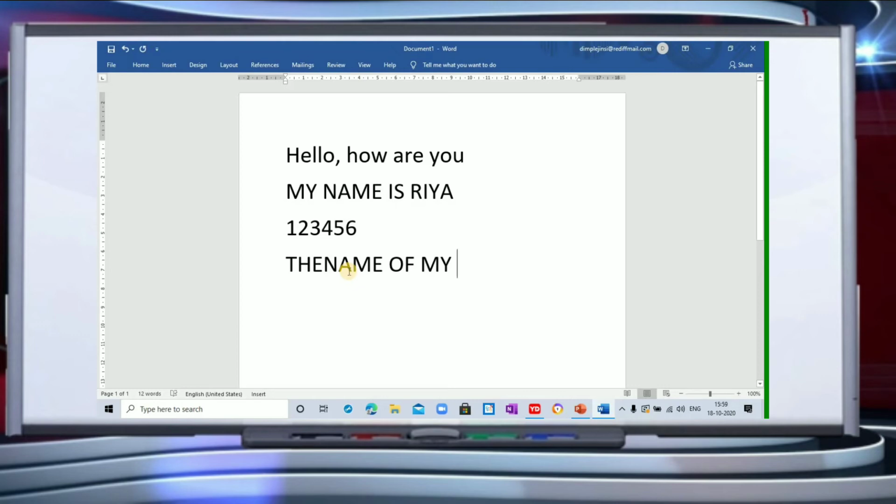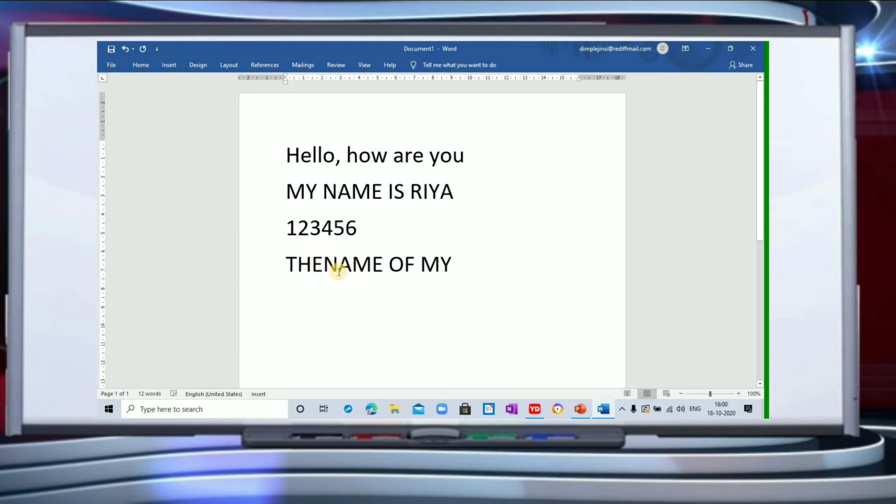So already we have discussed about the space bar. What happens with the help of space bar? It gives a space between the characters or between the words. So since we have two words here, different words, we have the and we have name. So there should be a space in between these two. So because I have not used a space bar between the and name, so there is no space in between.